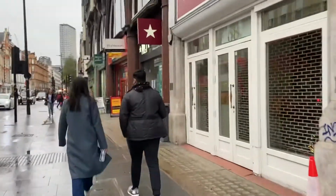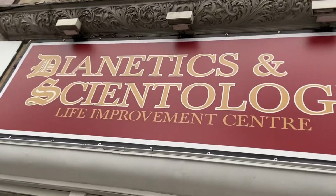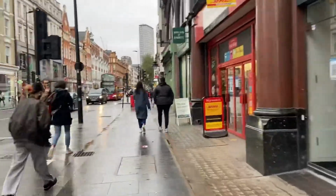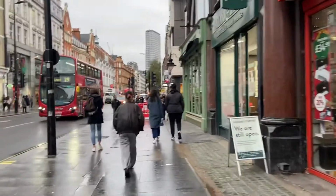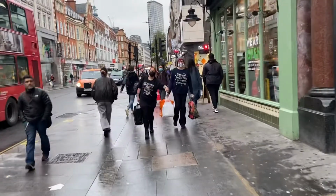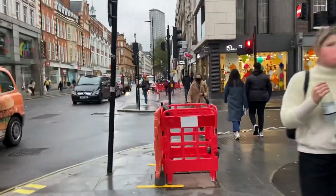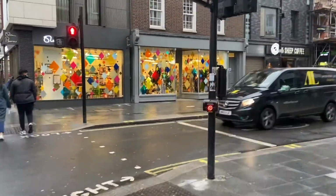This place always piqued my curiosity. Just here, it's the London Scientology base. It's closed now, and it has been closed for a while. When I was first exploring and checking out central London in the mid-90s, it was always open, the doors were always open. It was a real feature on the Tottenham Court Road, but